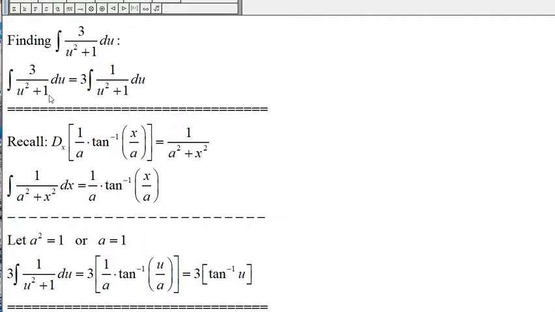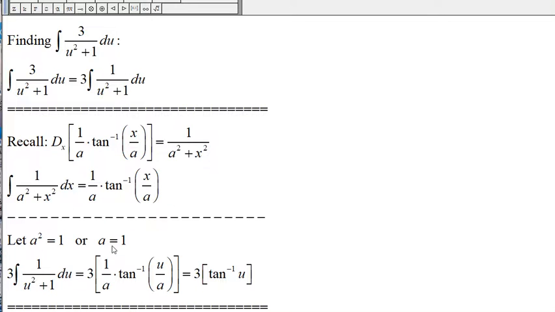The integral of 3 over u squared plus 1, we can write as 3 times 1 over u squared plus 1. And so here we have the integral with the form of 1 over u squared plus a squared. And so for this integral, we can use the tangent inverse. Recall that the derivative of 1 over a times tangent inverse of x over a is 1 over a squared plus x squared. And so the antiderivative of 1 over a squared plus x squared is 1 over a times tangent inverse of x over a. And so for this particular integral, let a squared be 1,